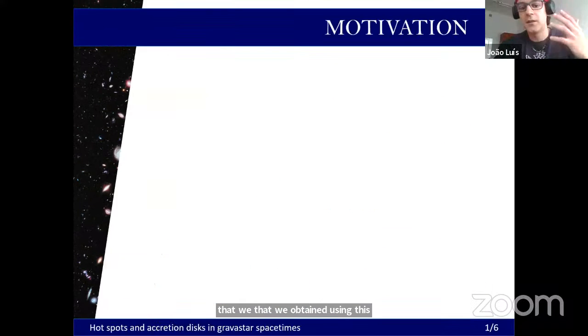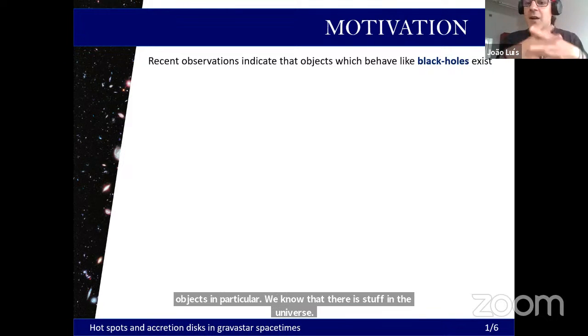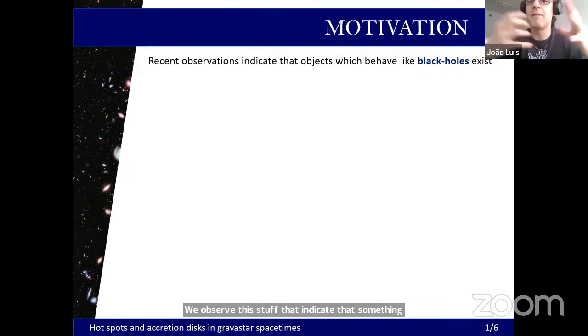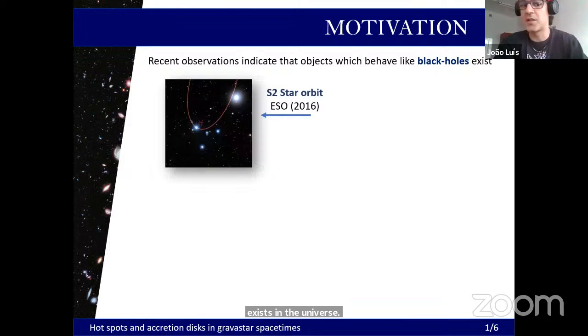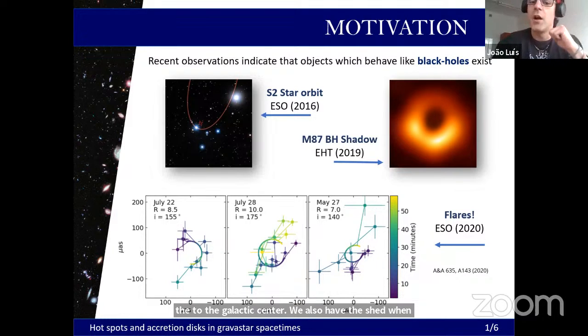I already motivated a little the use of exotic compact objects. In particular, we know that there is stuff in the universe. We observe this stuff that indicates that something very, very compact that behaves like black holes exists in the universe. We have observations from the orbits of stars close to the galactic center. We also have the shadow, and we have the orbits of flares around the galactic center. All of these are very consistent with what you expect from the black hole spacetime,